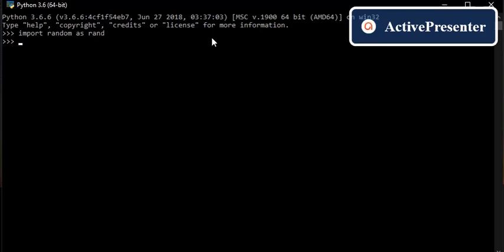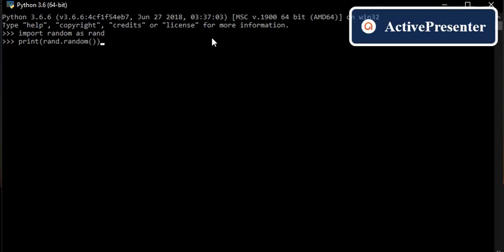First function is random. We will use it in a print function, then only can we identify the output. So print rand dot random.